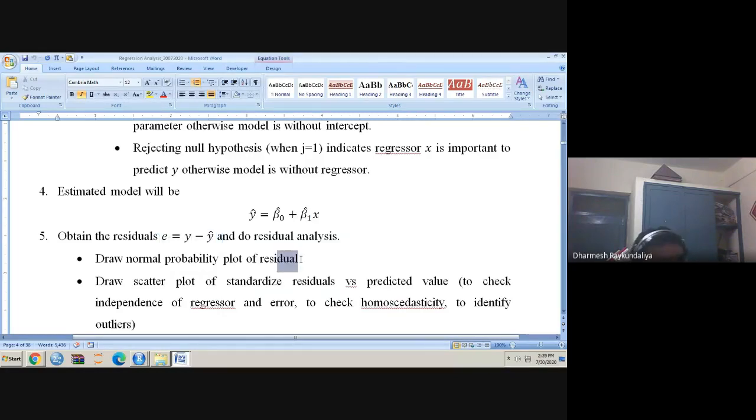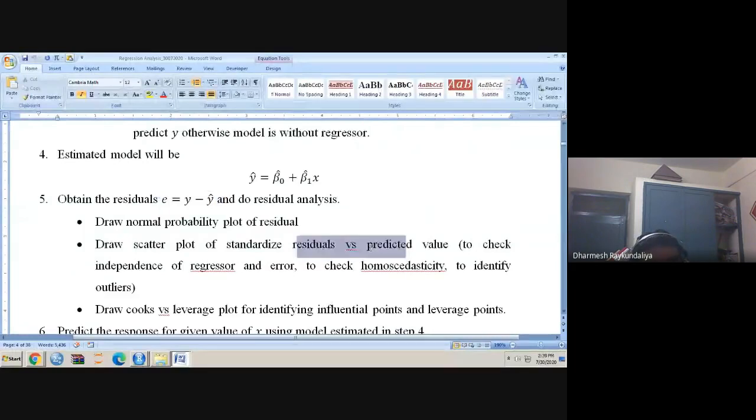तो मैंने आपको एक नॉर्मल प्रोबेबिलिटी प्लॉट बताया था, QQ norm कमांड यूज किया था, if all the points are covered by the line, then we say that data fits the normal distribution. So we will obtain the normal probability plot of residuals. We also, to verify whether the variances are homogeneous or not, will make the residual versus predicted value plot. And if you do not find any pattern, we say that the errors are homoscedastic.